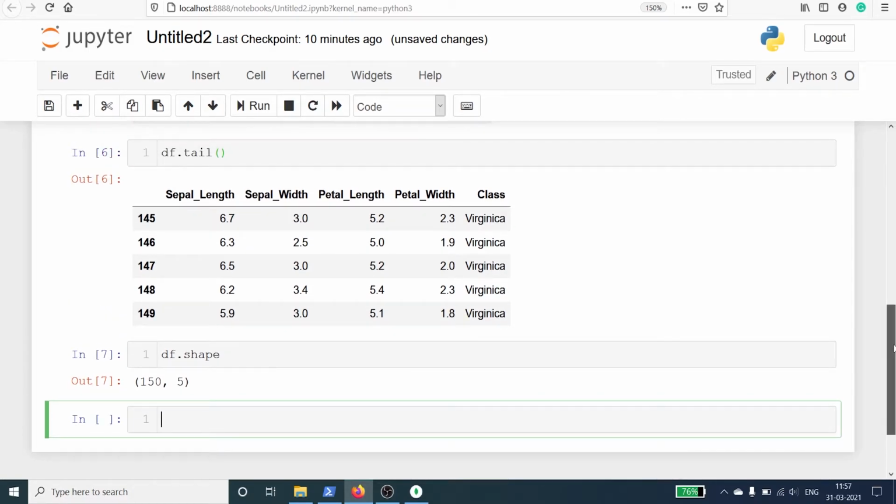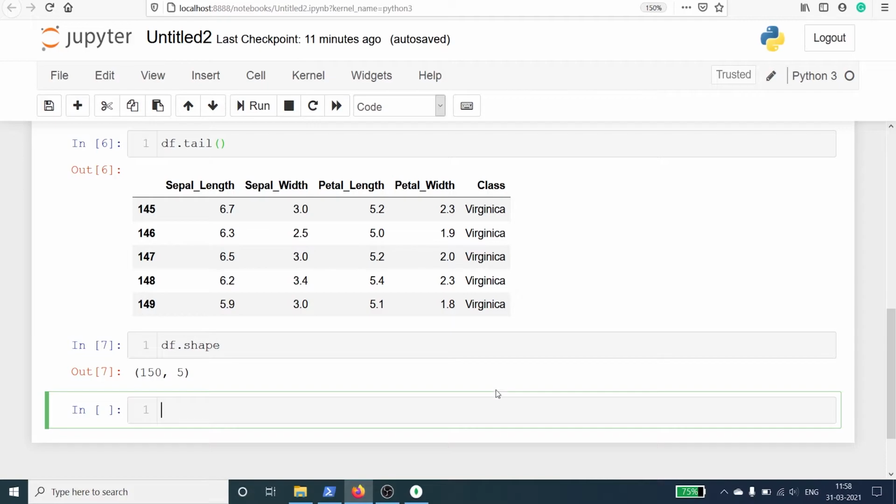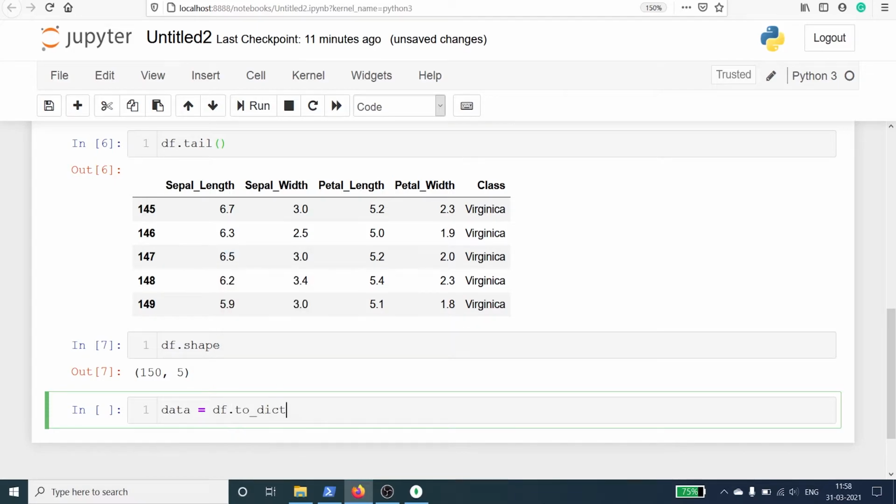Now we are going to convert this CSV file into a JSON, because MongoDB stores data in the form of keys and values, that is in the form of JSON, or you can call it a dictionary. I'll make one variable data. Now I will call our data frame df, and then I will use the method to_dict, to underscore dictionary.